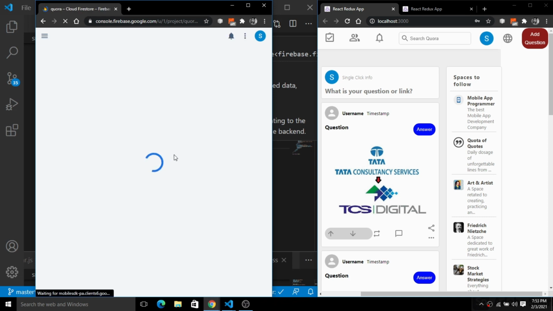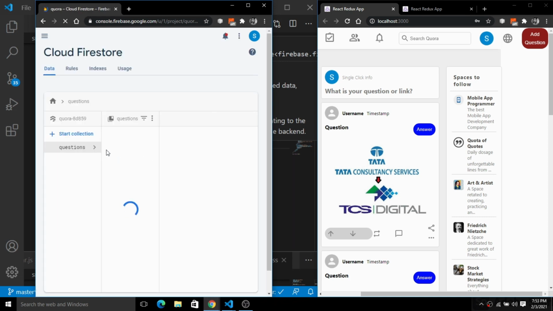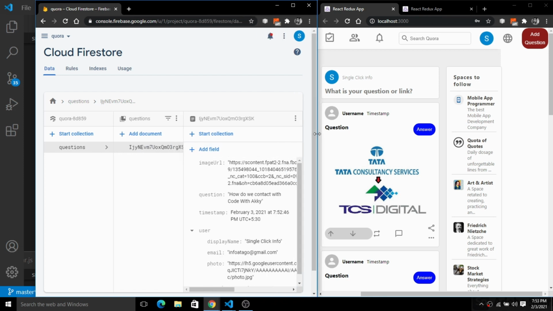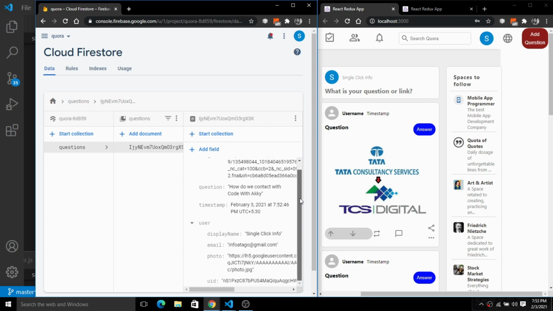So you guys can see it is refreshing. Now we have a collection with the name of question, and we have a unique ID generated, and all the bunch of stuff that we have passed through the model is pushed to the database. This is really insane, guys. This is the exact thing that we are going to achieve in this specific part of this build. So we have successfully pushed the question directly to Firebase on the cloud. This is the really insane feature of Firebase.